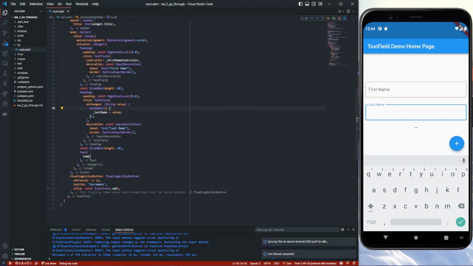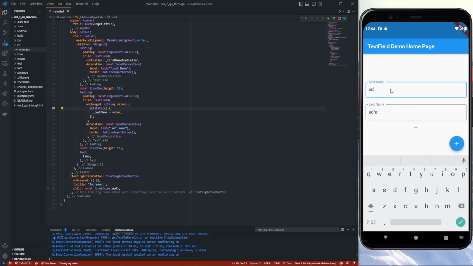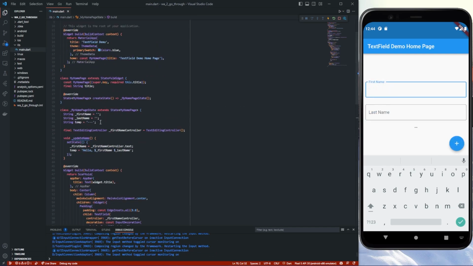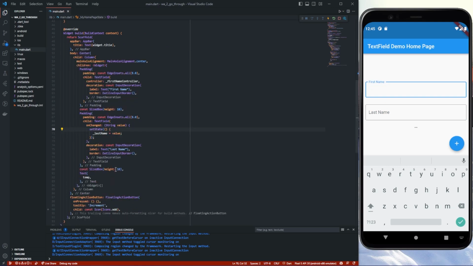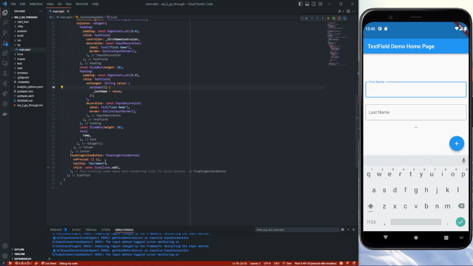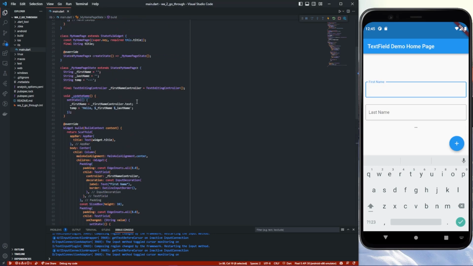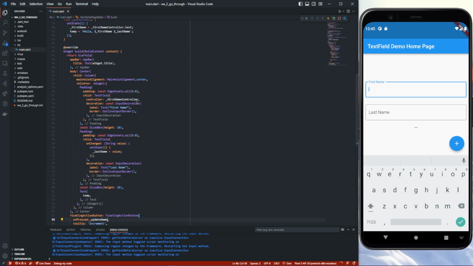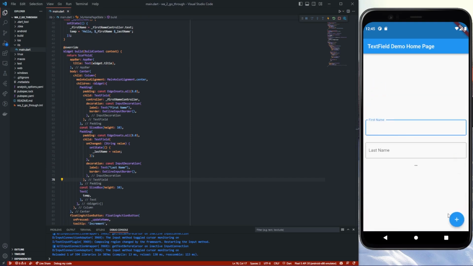However, we have the temp variable showing up, but there's nothing being changed. And even though we type our first and last names and click the plus button, there's nothing being changed about this. That's because we are not calling this update name function. So what we'll want to do inside this floating action button in the onPressed function, we can just call the function. So in this case, it's underscore update name. And after we save and exit out of this, we can hit Control S,